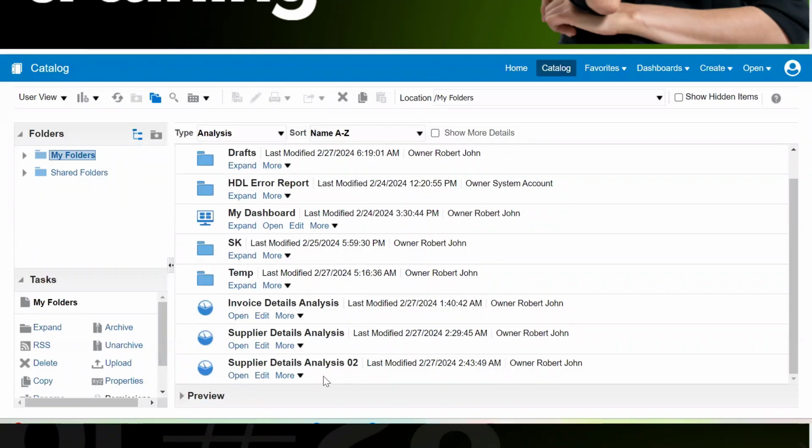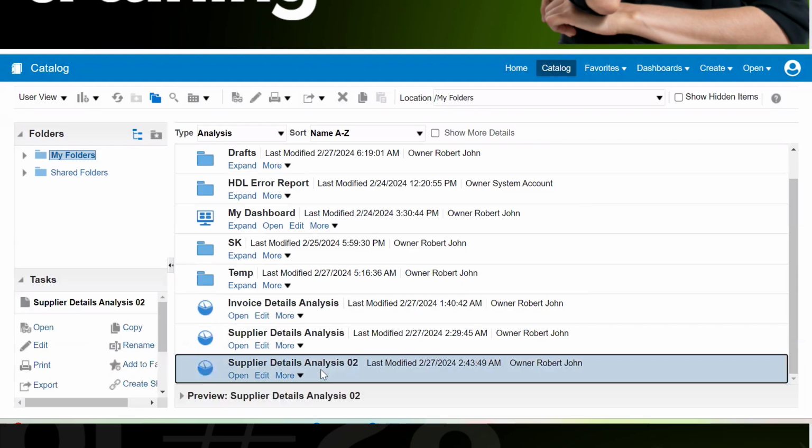So we already know that a subject area is available. Based on that subject area, we could have created the analysis. Once we have created the analysis, we can save it either into the folder or My Folder location. If you have saved it into My Folder, this analysis is available and accessible only to the user who logs into the system. While if you have saved this analysis into a shared folder, every user can access that particular analysis.